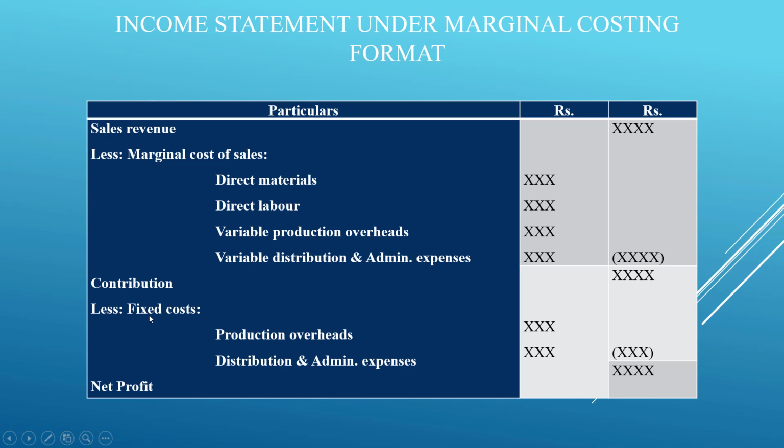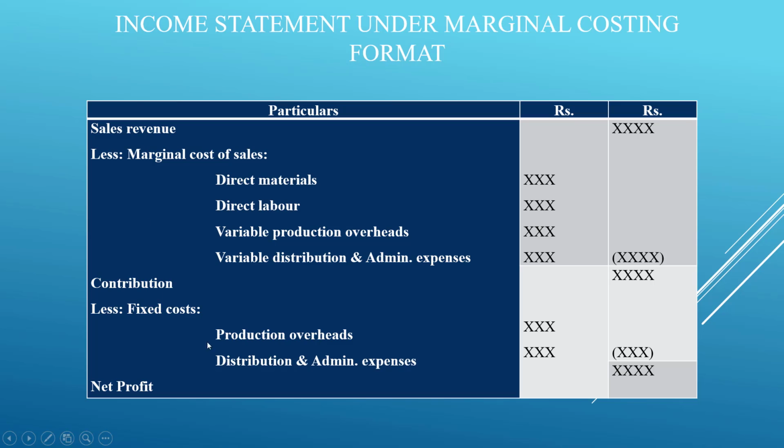Okay, and in the question whatever fixed is given, it has to be minus from the contribution. So after adding up these two items under the fixed cost, you write the total here and you have to minus it from the contribution. Whatever item amount you are getting, it has to be minus from contribution. So from contribution, if you minus fixed cost, you get net profit. This is the calculation of net profit, because in the income statement we show the net profit.